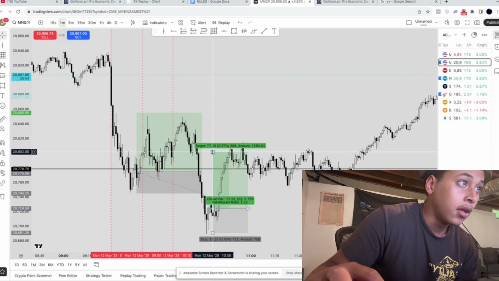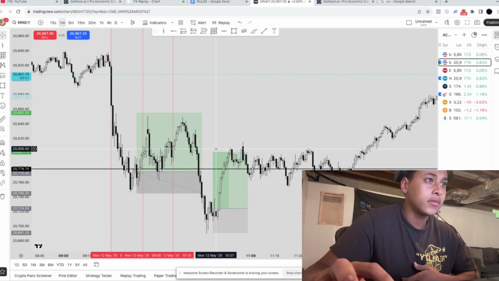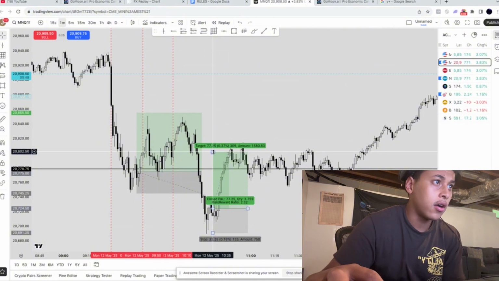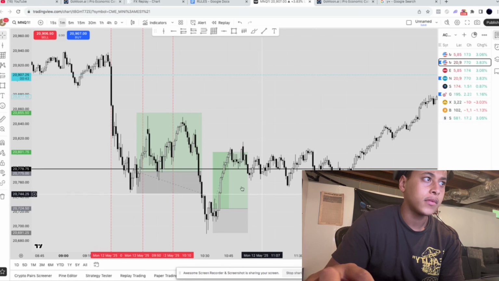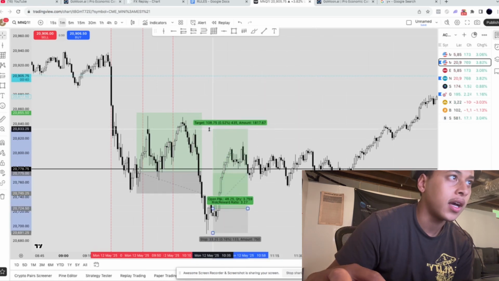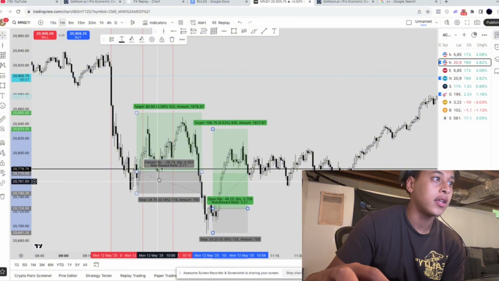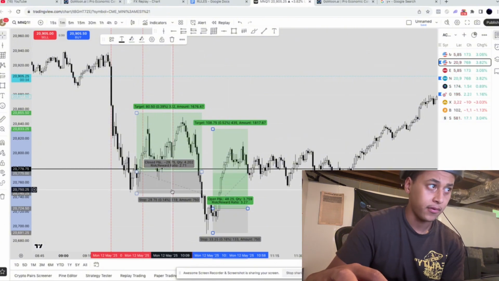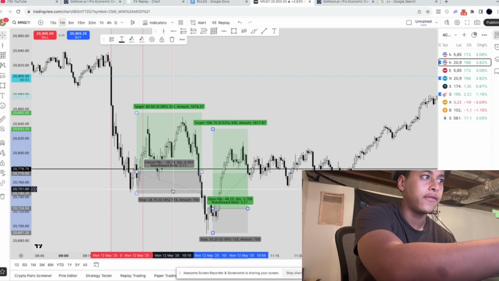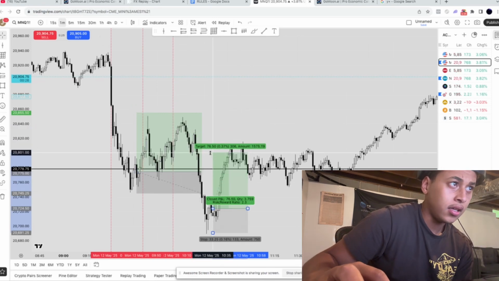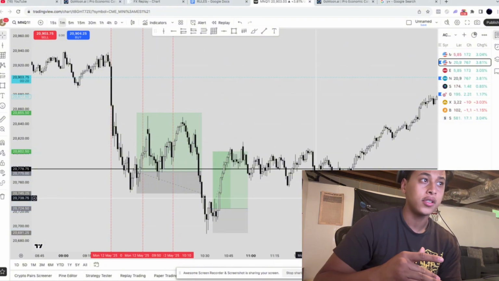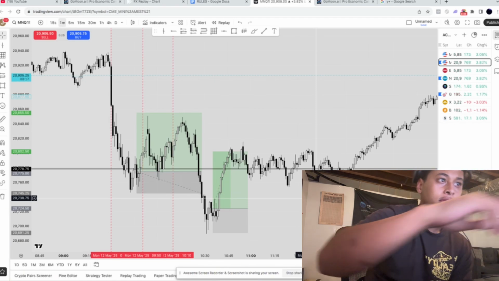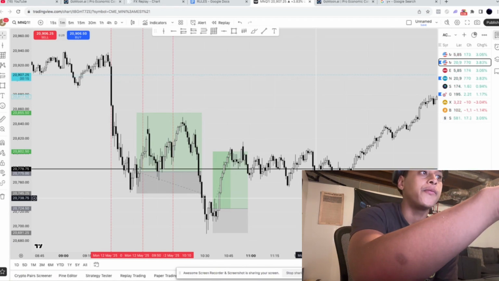targeting, I think my targets for this should have been previous highs like up here, but honestly after I took this first initial L, I lost about I think like $500 right here. And then right here, my take profit put me back up to I think $300 or $250, something like that. So right here I just didn't want to get greedy, so I took out when I was up